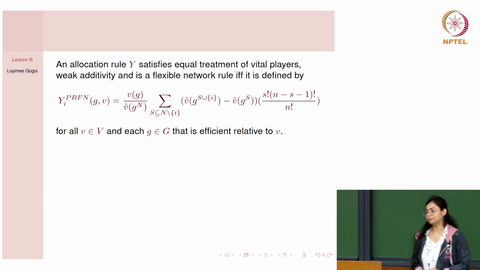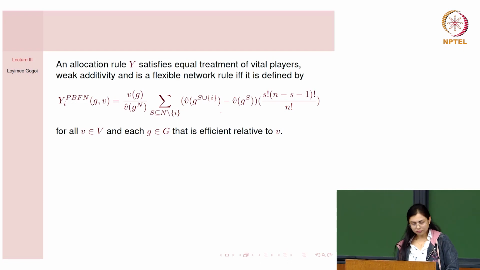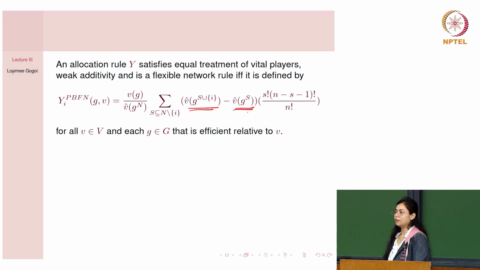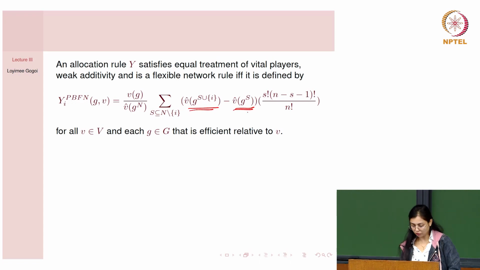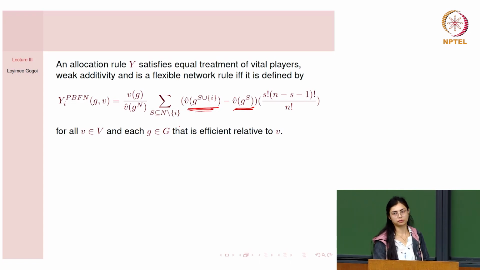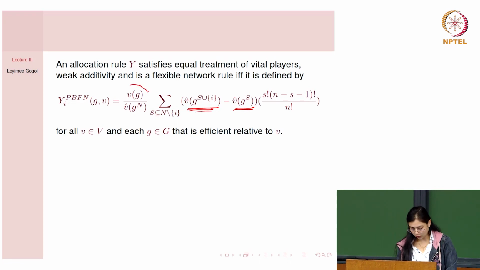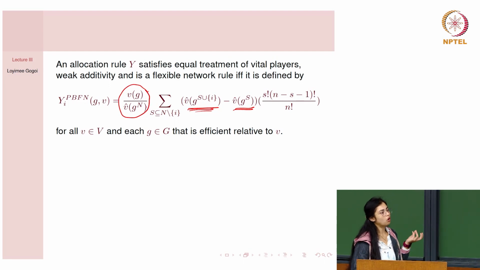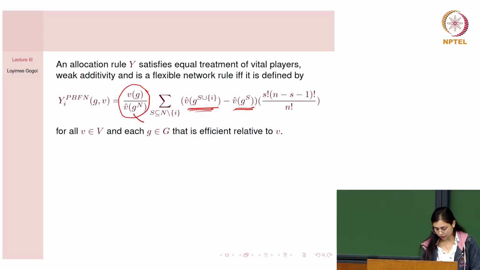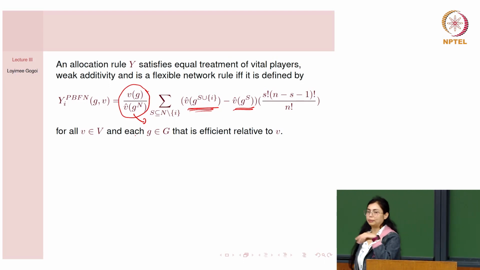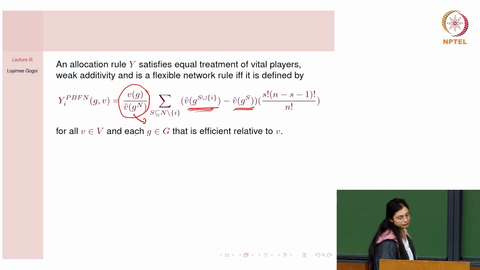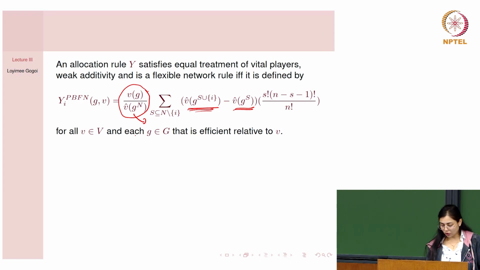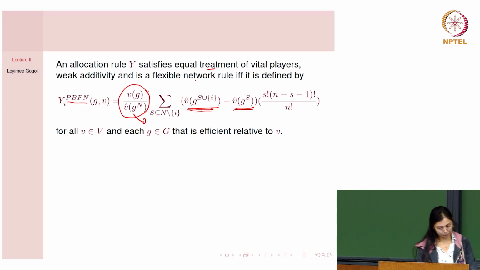Okay. So then a flexible player-based allocation rule was defined. How it's defined is simply that it will take the maximum, the monotonic cover. So it's based on the monotonic cover. It is the same as the Myerson value, but it considers the monotonic cover. And it's a ratio of the actual worth of v(Z) and the monotonic cover of the whole complete network. Right? And for this particular player-based flexible network, we have a different kind of,